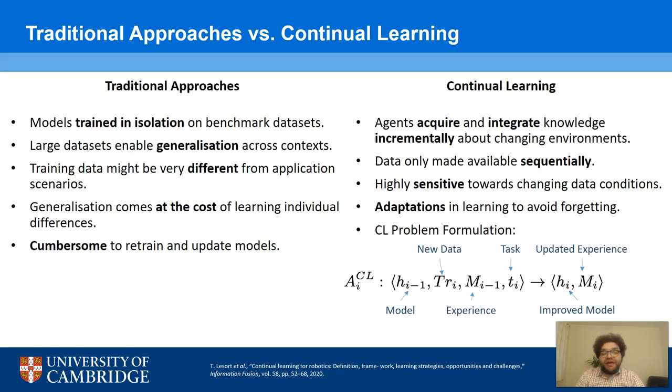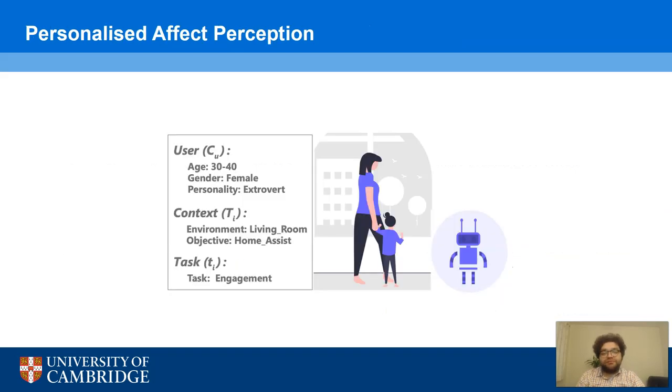A continual learning algorithm adapts the current model using the newly acquired data about a task along with the past experience, updating both the model and the experience in the process. Let's consider a concrete example of personalized affect perception. In this setting, the robot is trying to perceive and understand the affective behavior of this user in a home context,